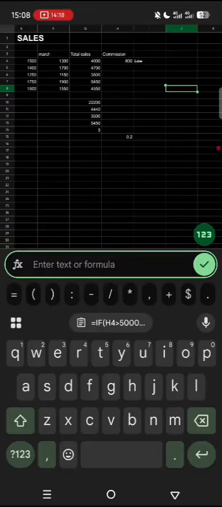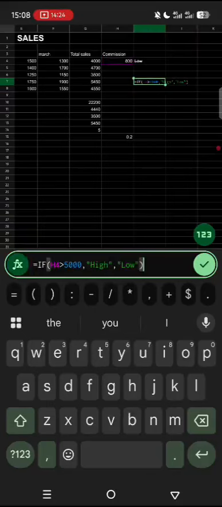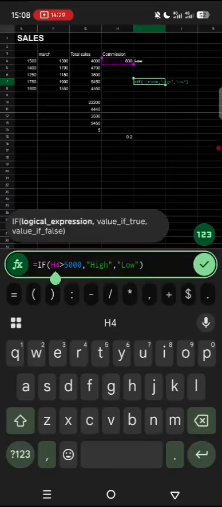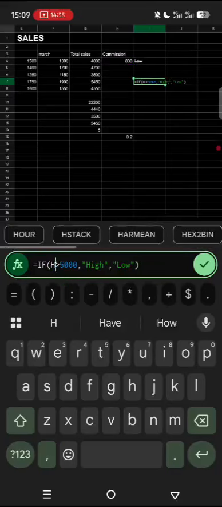So I want to try for someone who got above 5,000 so that you can see that this formula is working. So this person is in H, so I'll put H7 here because this person's total sales is in,